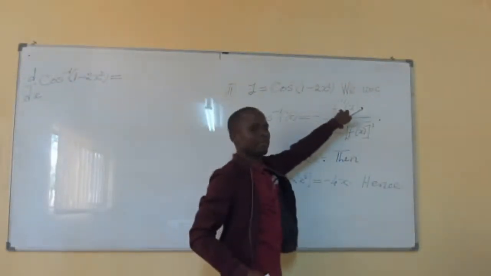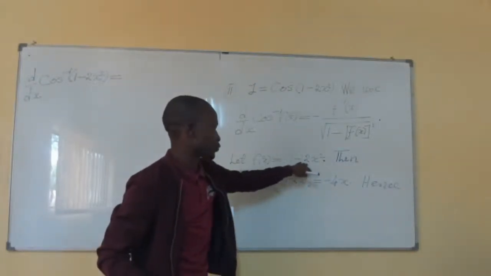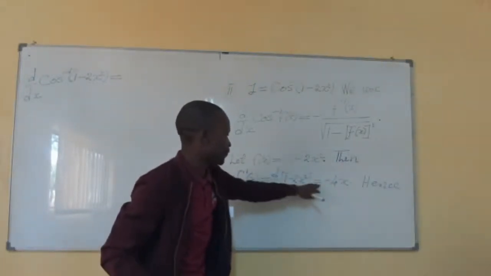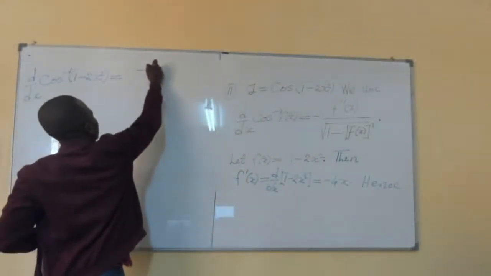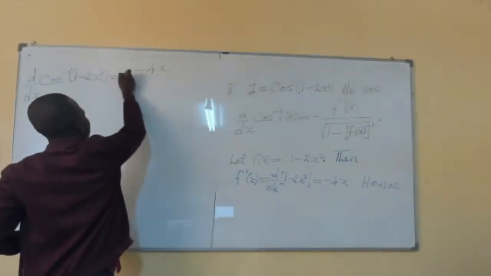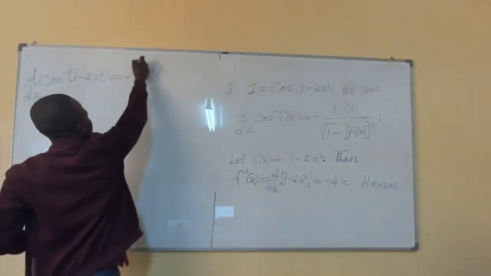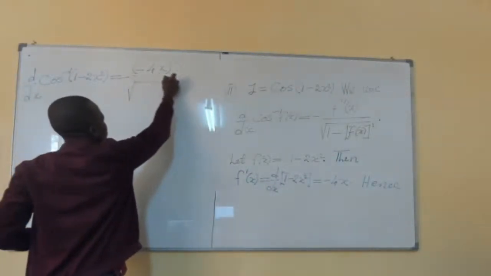the derivative of f of x. In this scenario, our f of x was equal to 1 minus 2x squared. The derivative of f of x is negative 4x. So we have negative 4x over, which is the negative, isn't it, the negative of negative 4x, over the square root